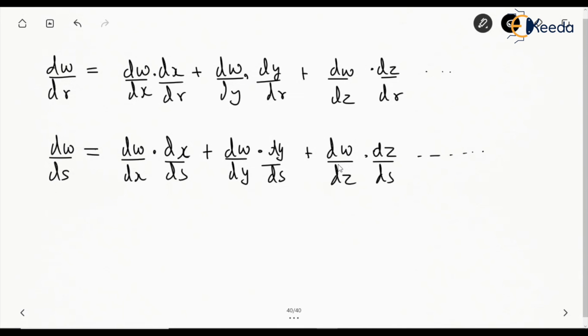So this is known to be the total derivative of the function, where the variables on which the function is defined are also depending on other variables, like w is depending on x, y, z, whereas x, y, z are depending on r, s, t and other variables. We have been getting direct questions on these expressions, like whether this will be equal to this and other such options given in the question, right? So we should remember this.